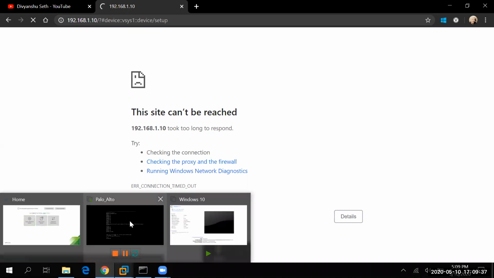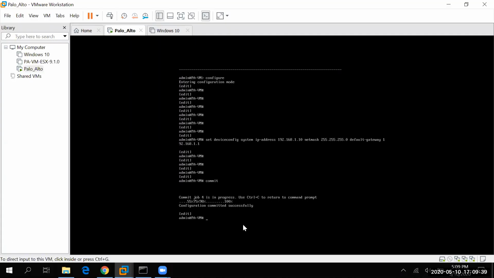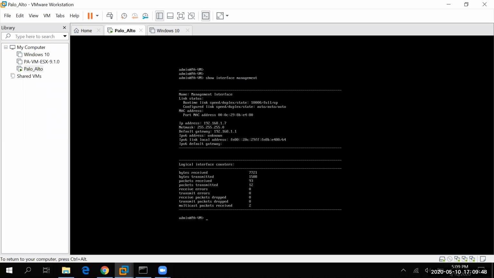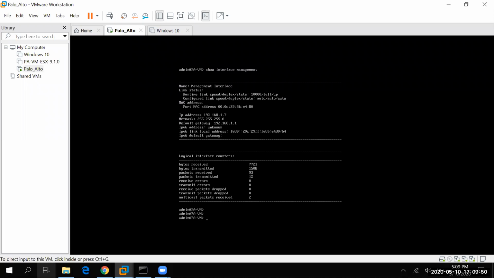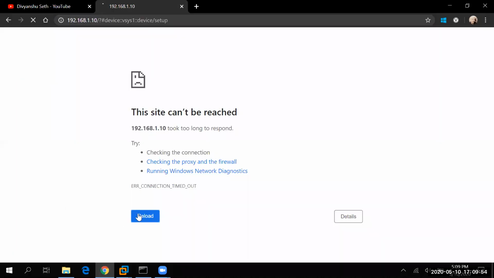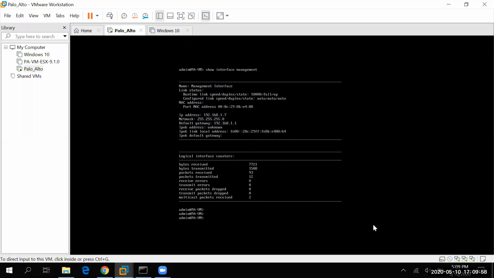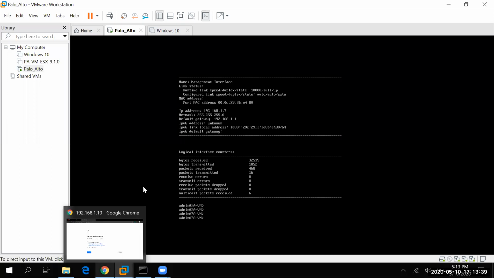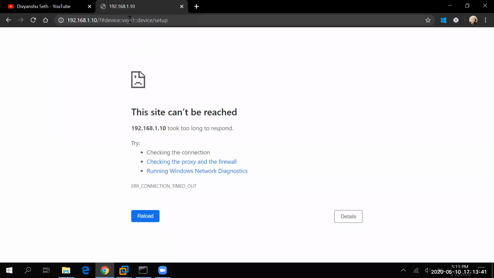I should have a GUI prompt here. Let me just see what the management IP is showing. Show interface management. Okay, still it is showing. Just a second, guys. Okay, guys, so still it is showing as 1.7.